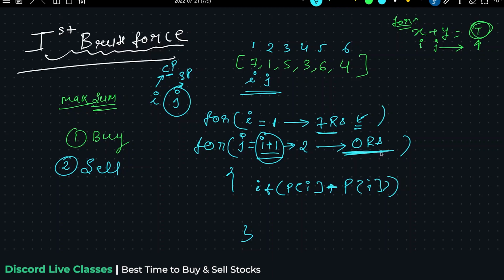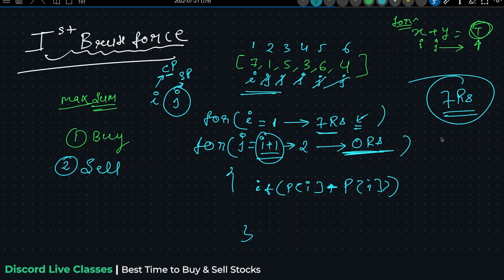Say the profit is 0, then I will move towards the next j. Then profit is 0. Then profit is 0. Listen very carefully, because you have bought this particular stock at a very high price. You bought this stock at 7 rupees, and on any of the rest of the days, the price is low in comparison to what you bought at. So you will always be getting a loss, because you have bought this particular stock at a very high price.